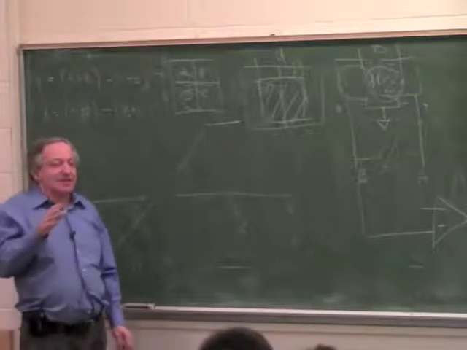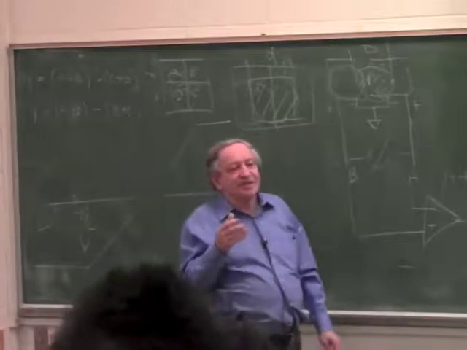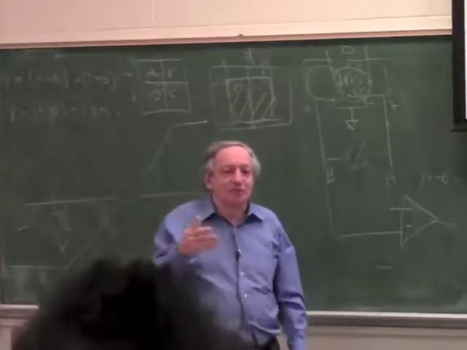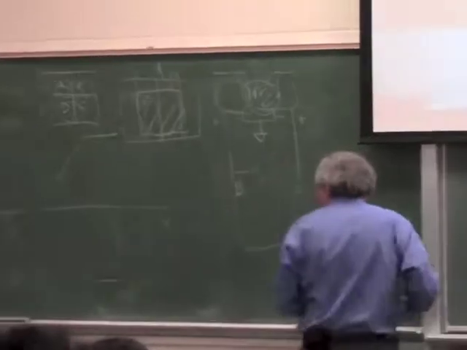Because it's a linear system. You have to remind yourself what a linear system means. Linear system means linear superposition holds. So the definition of a linear system, the mathematical definition,